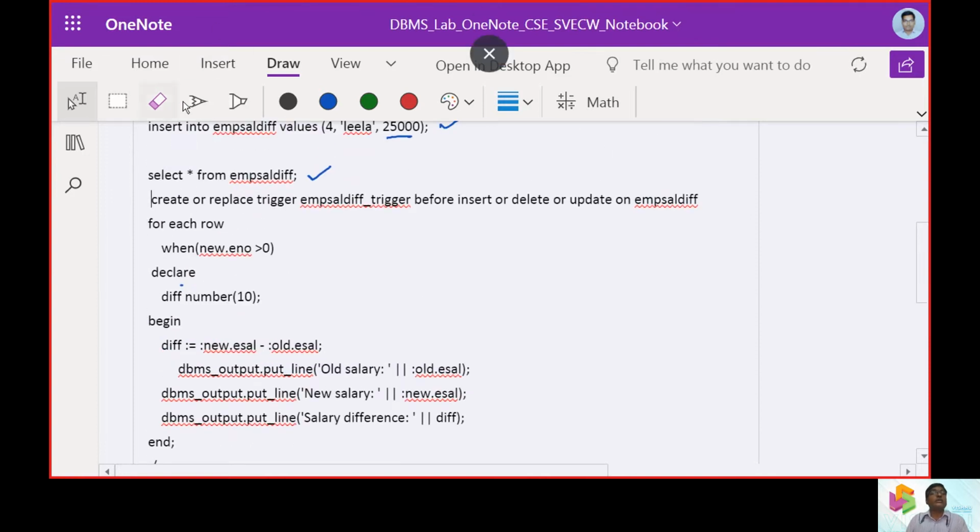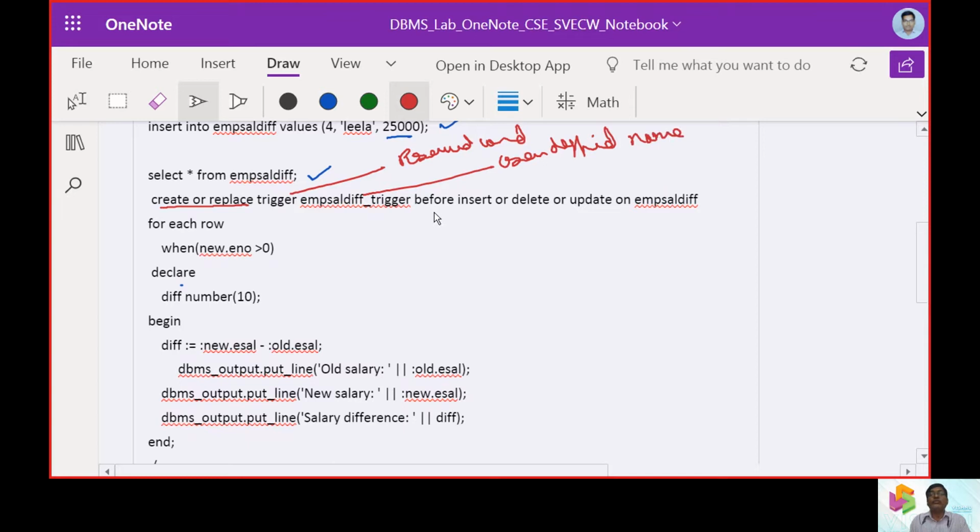So now let us check how a trigger is going to be activated. Here we are going to say create or replace followed by trigger. It is going to be the reserved words, and employee sal diff trigger is going to be the user defined trigger name.